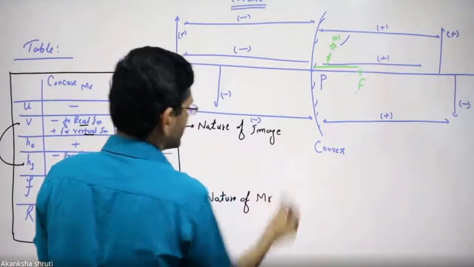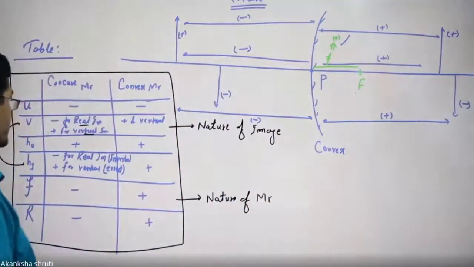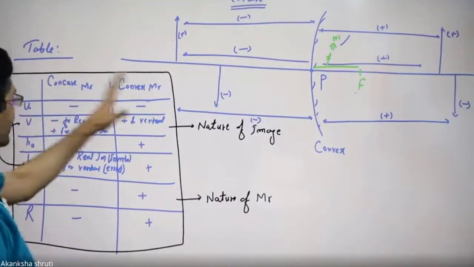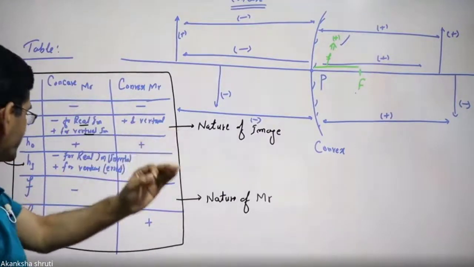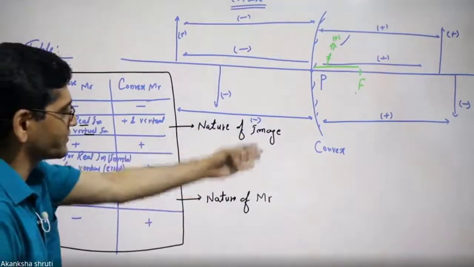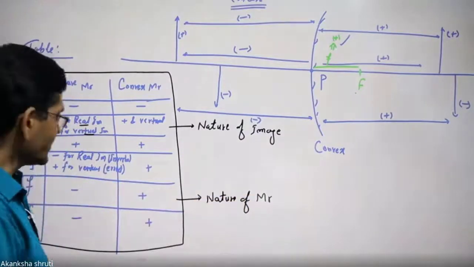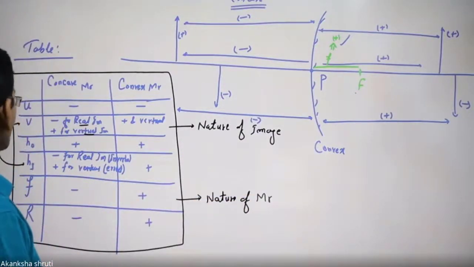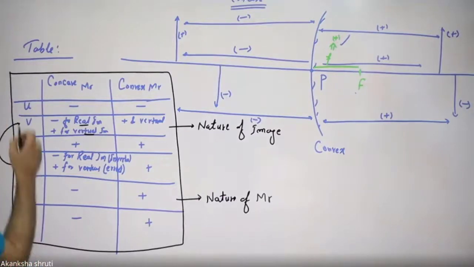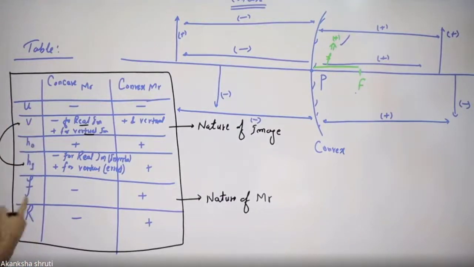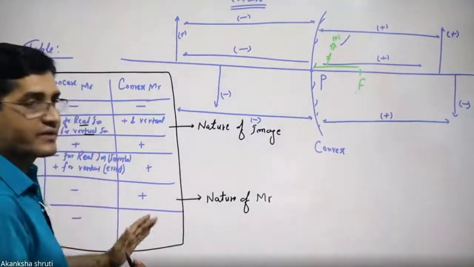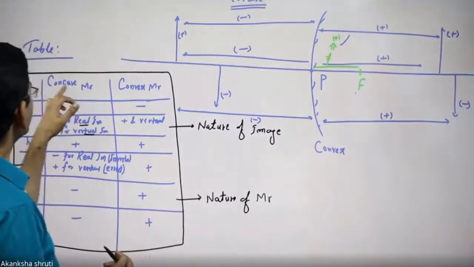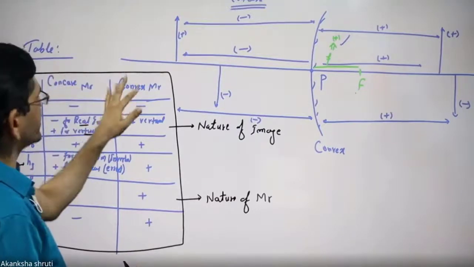Okay, students? It is important to know which one predicts what. Because by the numerical calculation, when we get this sign along with the numerical value, we can predict the nature of the image or the nature of the mirror. We are going to see how. So keep in mind, this table is very important. While solving the numerical, we have to write the numerical value along with these signs by observing whether you are writing for the concave mirror or the convex mirror.